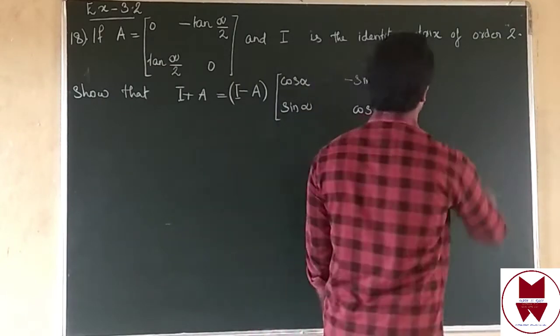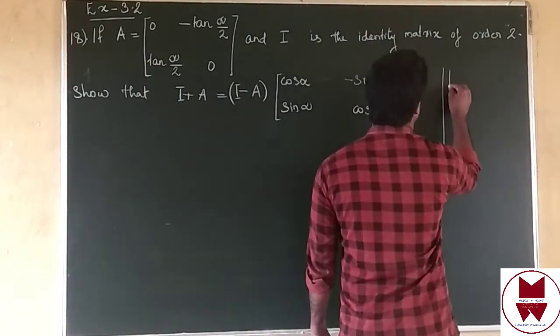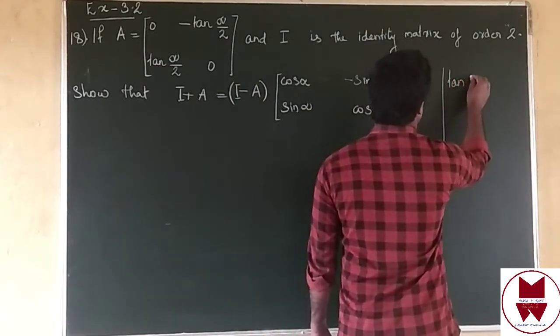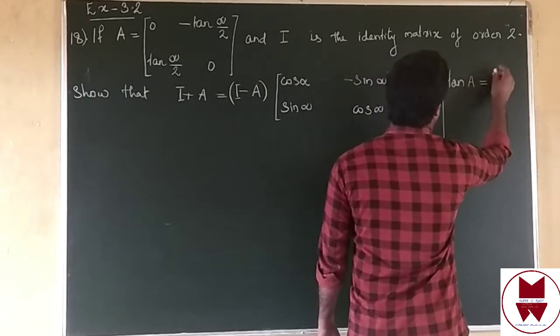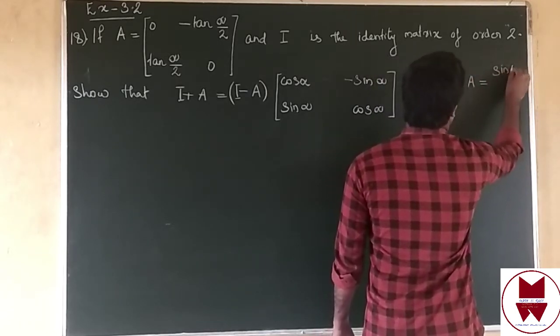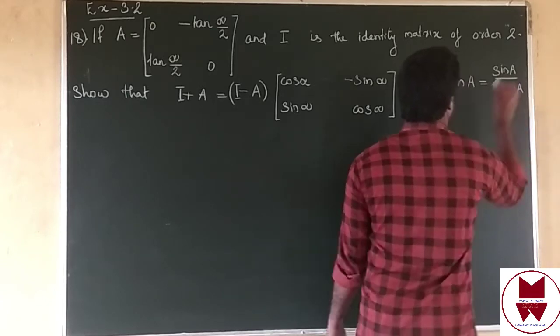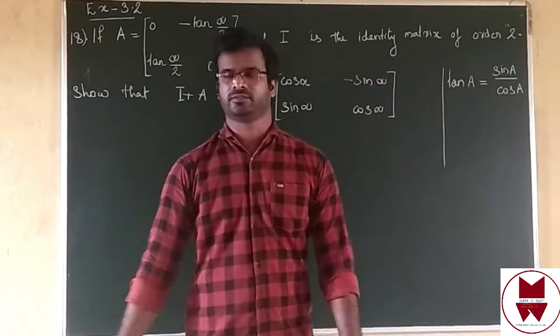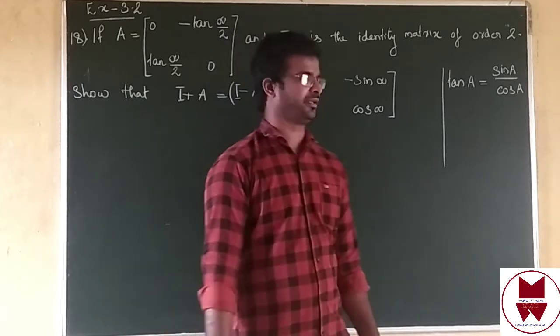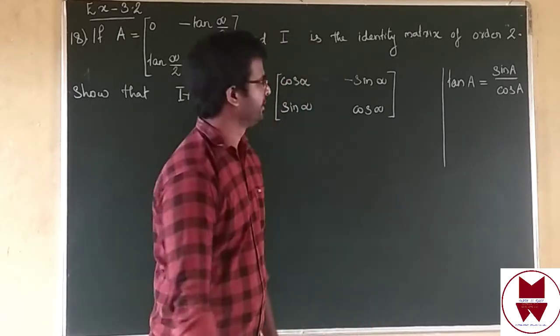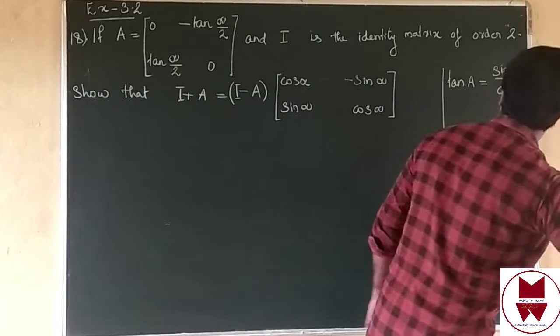First formula is tan A equal to sin A divided by cos A. In class 10, we have studied this formula: tan A equal to sin A divided by cos A. Then the second formula is